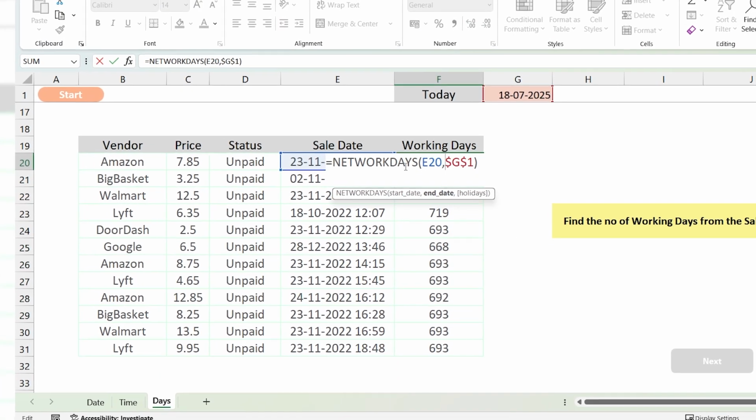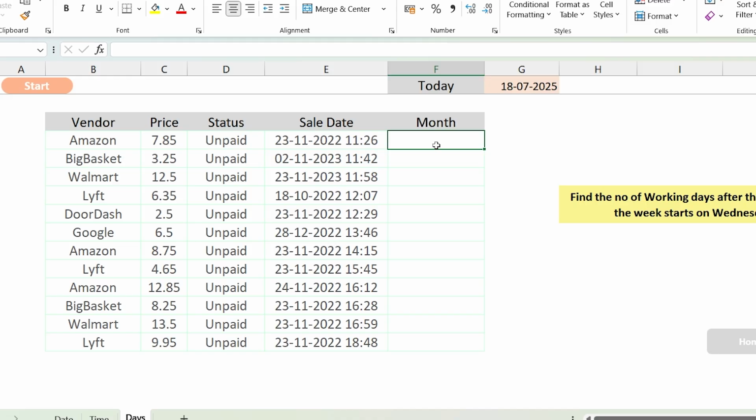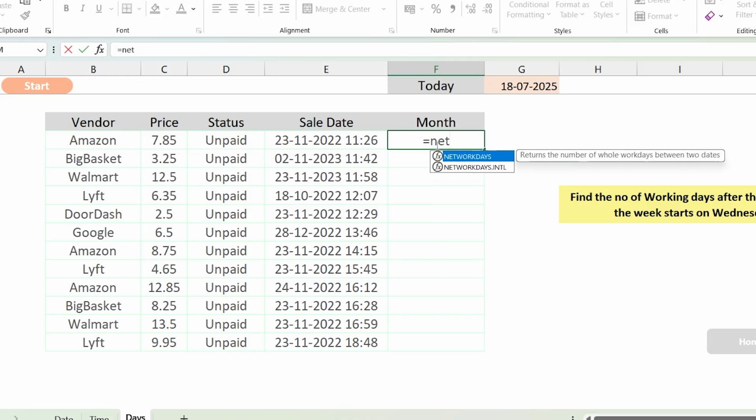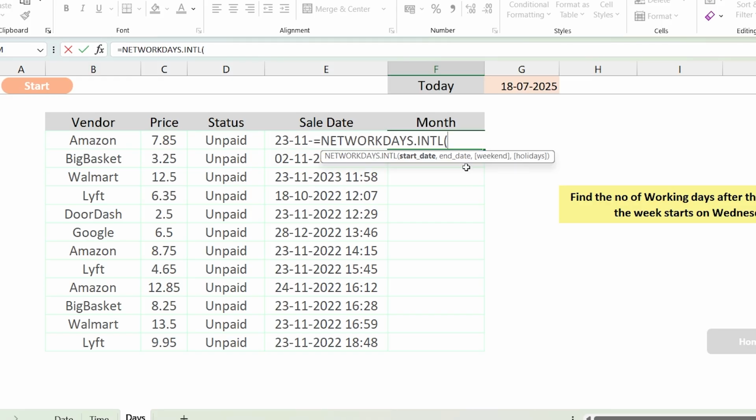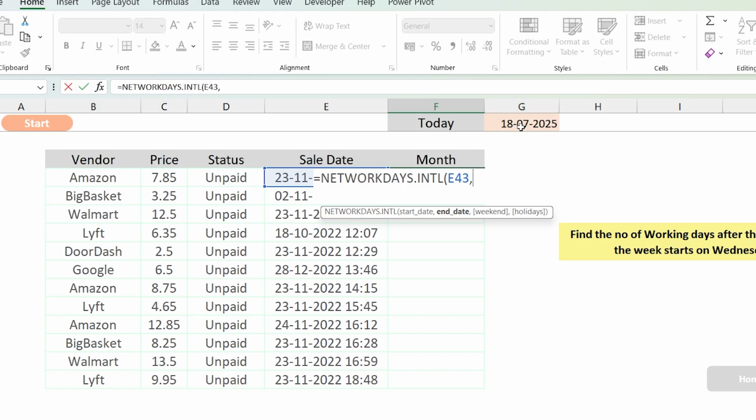and that's it. The NETWORKDAYS function by default considers Saturday and Sunday as the usual weekend. Now if you want to change the weekend to, for example, Monday or Tuesday, we cannot do that using the NETWORKDAYS. We have another function for that, and the function is called NETWORKDAYS.INTL. Let's see, this function right here. So pass in the start date, comma, the end date is this date right here, lock it,